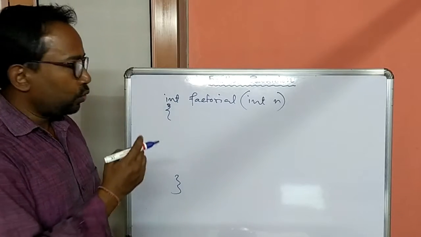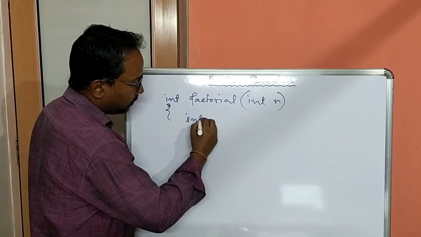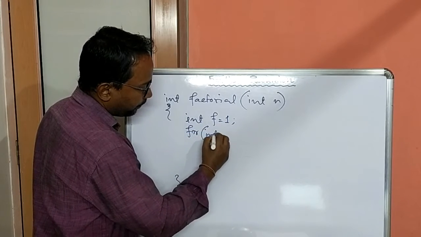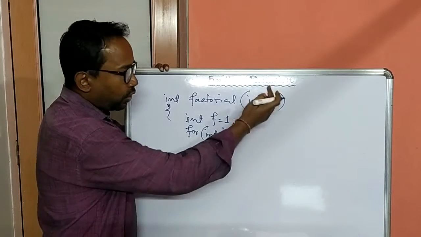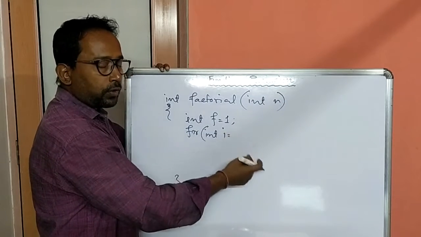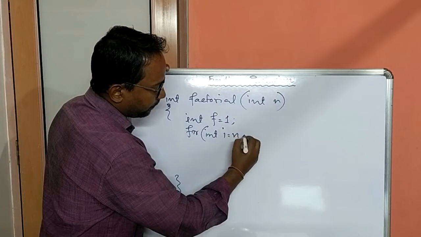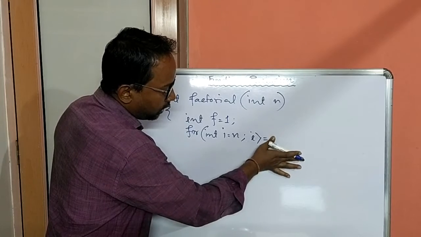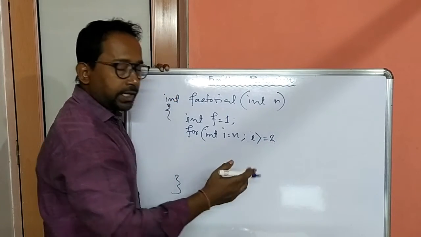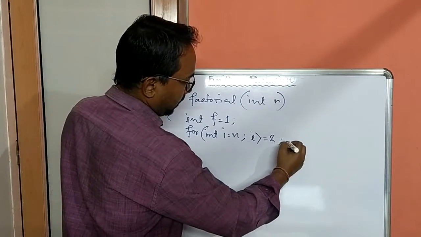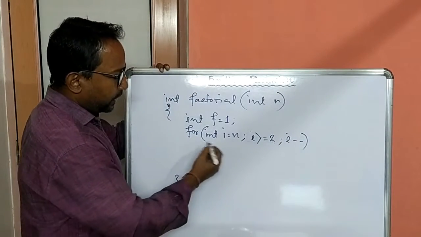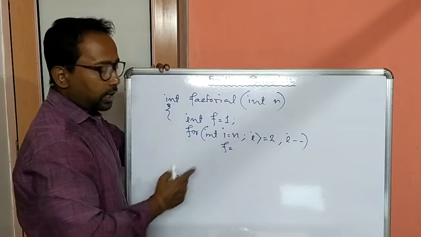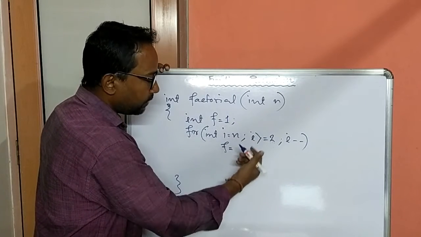Now if we use a loop to write the code, what will we write? We will declare one product variable here with initial value 1. Then we will make one for loop which will give all the numbers starting from 1 to n, or from n to 1, or from 2 to n, or from n to 2. So I am starting from n. Then i greater than or equal to 2, because any number into 1 is that number. And then i minus minus. We can make this loop reverse also. From 2 to n also can be done. Now this loop is giving all numbers starting from the input number to 2 in reverse order.